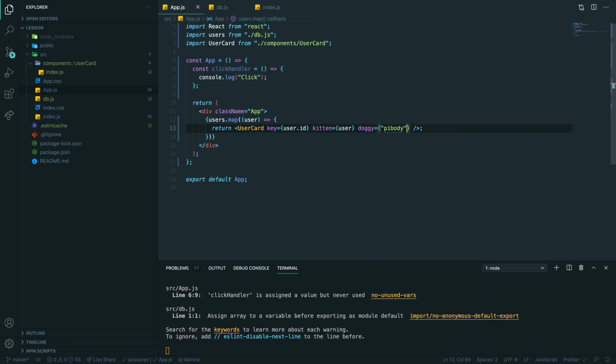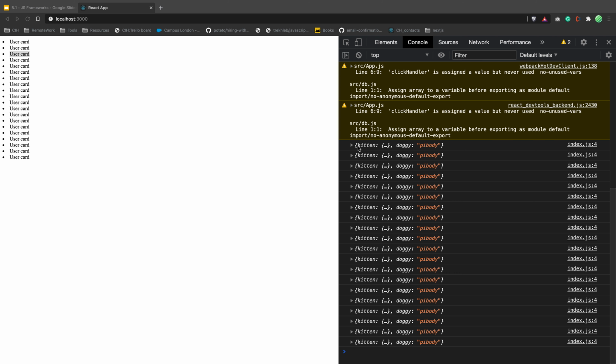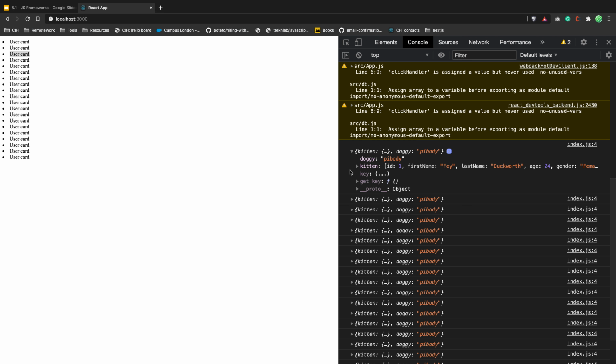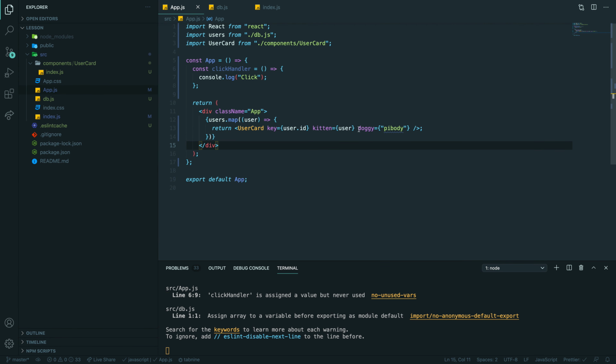Peabody. Now we have props: kitten, where we have user, and Peabody with doggy, which is Peabody. So you're literally passing props. This is props, but it's the same as params to a function.